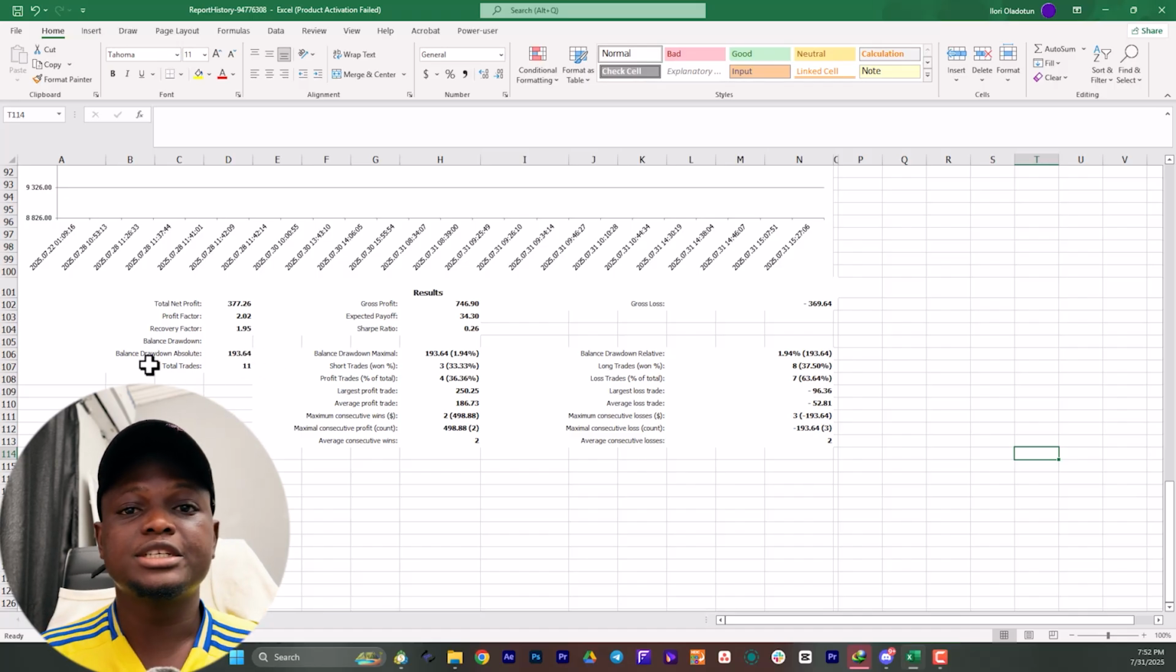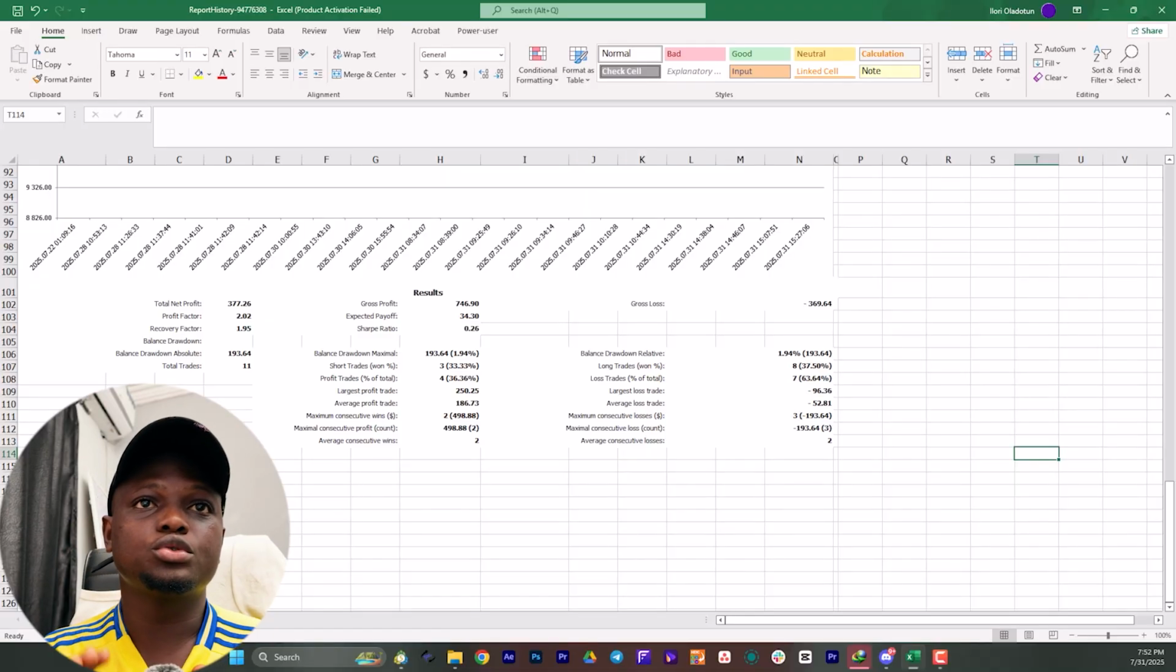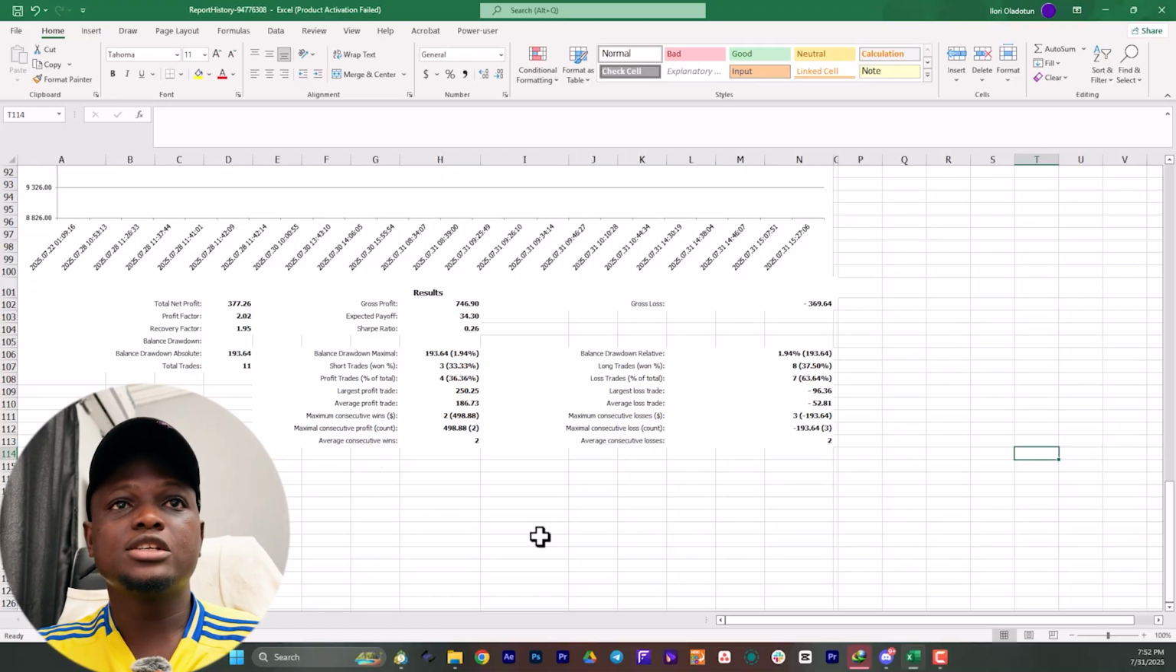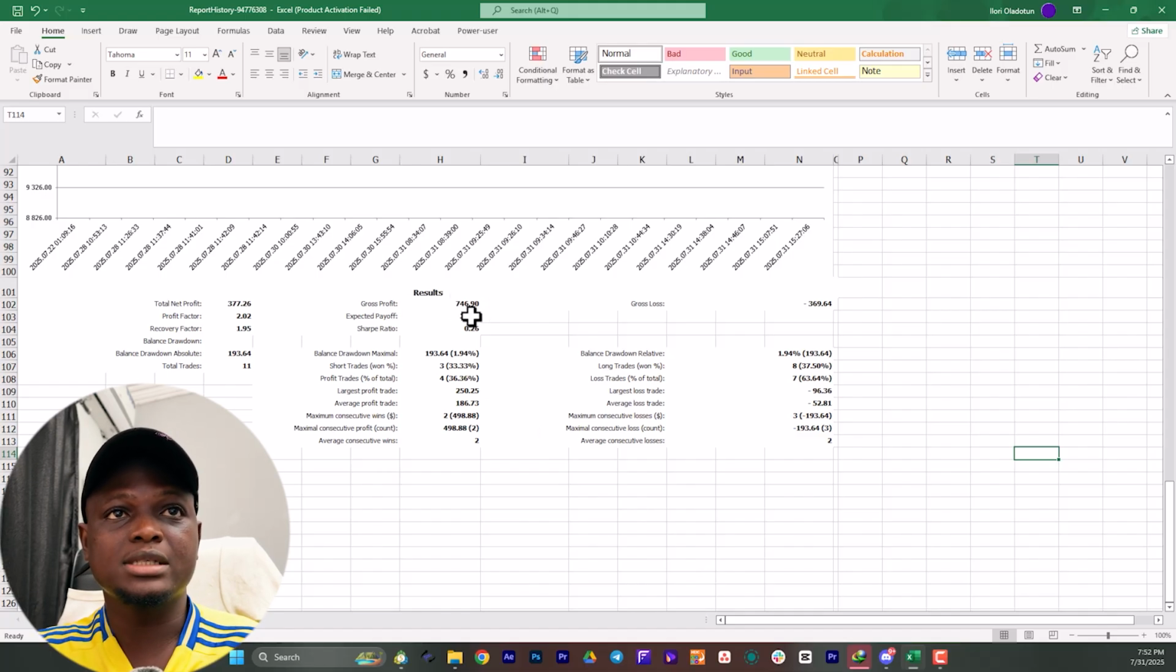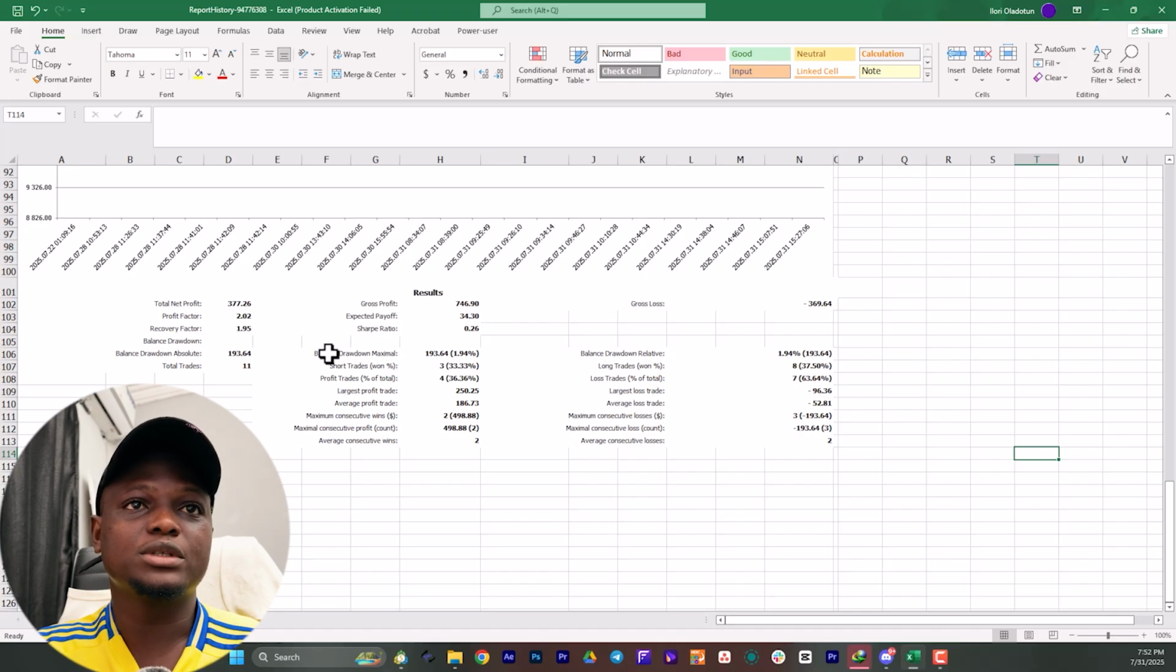So in the course of 3 days, I've taken 11 trades, and I'm going to show you guys the breakdown of the trades I took on Monday, on Wednesday, and today. I'm just going to show you how many trades I take during these days. The gross profit I've made is actually $746, and expected payoff is 34. I don't even know what that means. Those are not important to me right now. I only want to show you guys